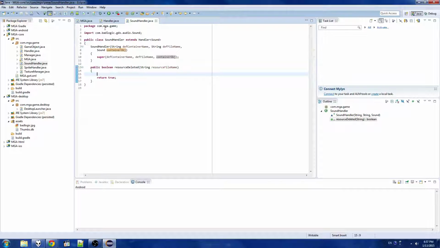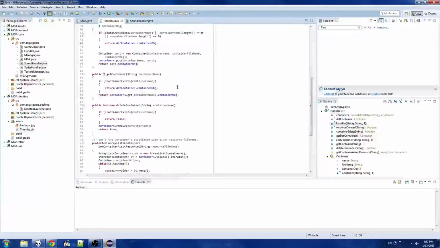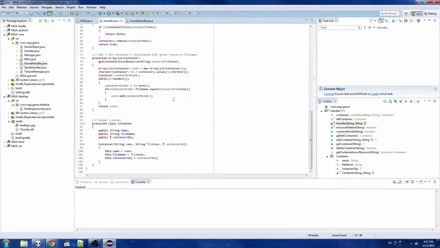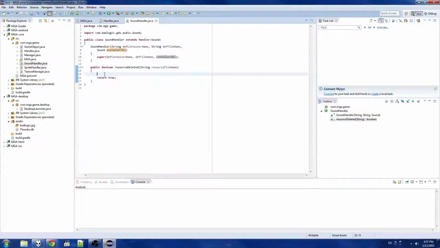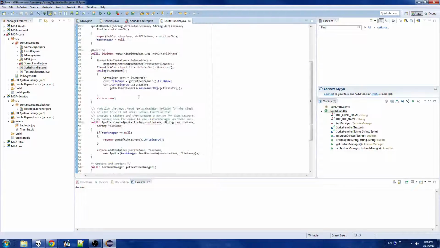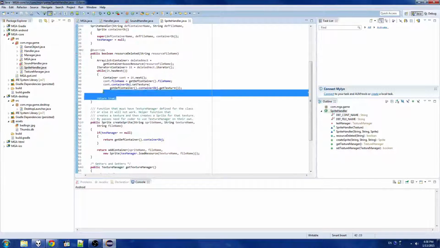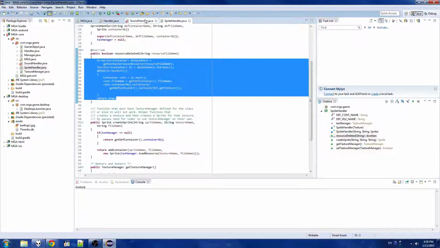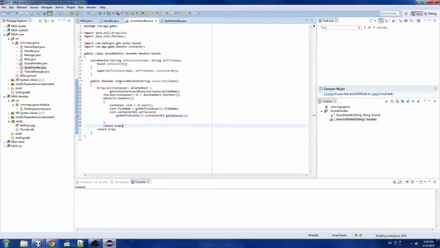Okay. So we have a sound handler. Most of the functions we already implemented in. Now we just need to say what happens if we want to delete a sound. We need to first check if that sound exists. In fact, I could probably just copy and paste the sprite handler code. Yes, I can. So instead of get texture though, or set texture,